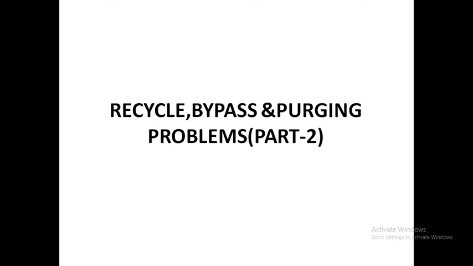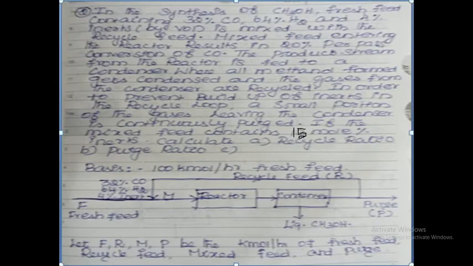Hello students, we are going to discuss the recycle, bypass and purging problem continuation. Second problem: in the synthesis of methanol, fresh feed containing 32% CO, 64% hydrogen and 4% inert, all percentages are